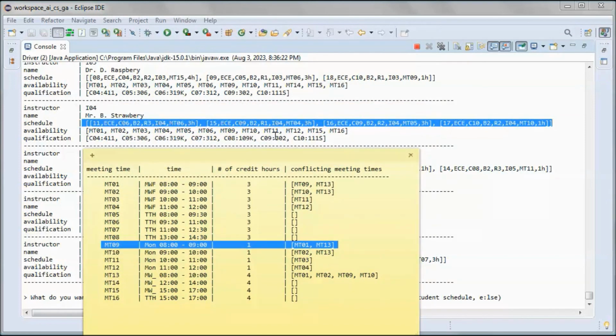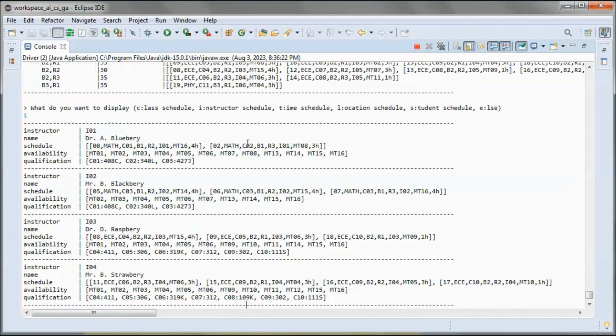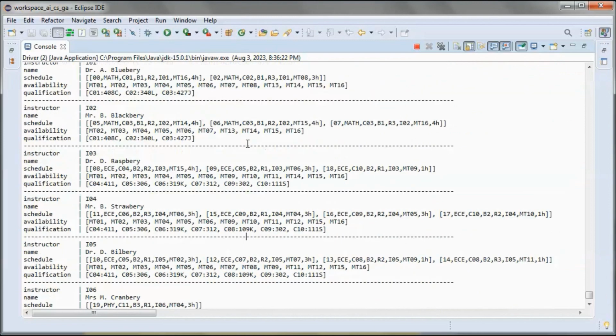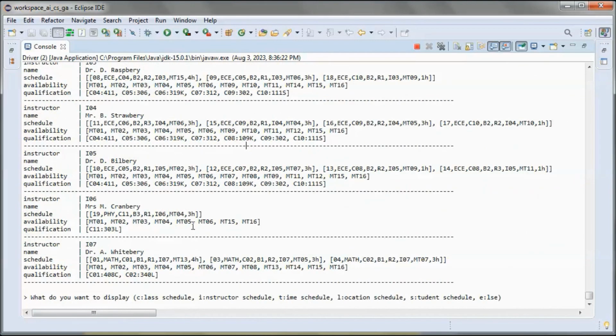So we have meeting time 06, 04. 04 conflicts with meeting time 12, and we don't have that here. And 05 does not have any conflicting meeting time, and 10 conflicts with meeting time 02 and 13, and we don't have those here, etc. So the different instructors.